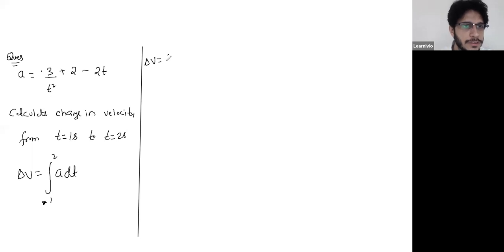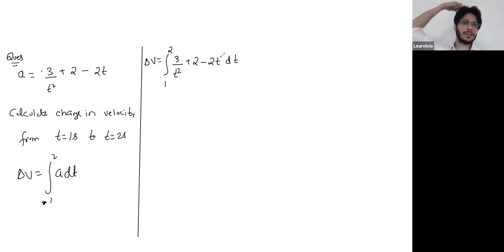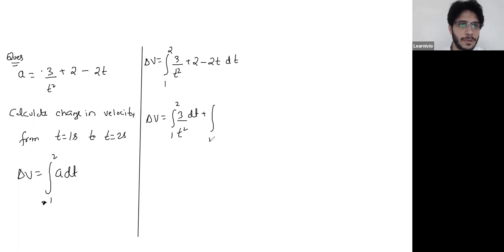So delta V is simply the integral from 1 to 2 of 3 by t square plus 2 minus 2t. You can break this into 3 integrals: the integral from 1 to 2 of 3 by t square dt, plus the integral of 2 dt, minus the integral of 2t dt. So the final change in velocity is